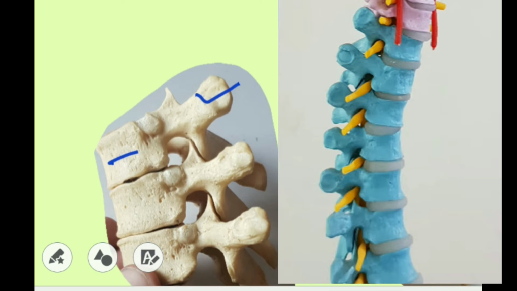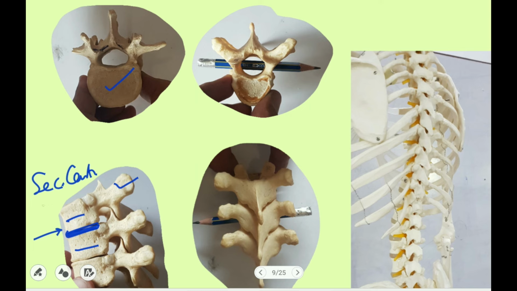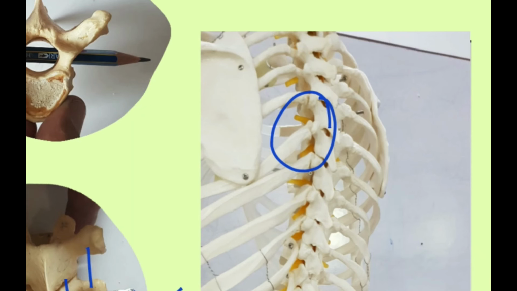Now look at this diagram. This is the body of the vertebra, this is the body of the vertebra. In between is present the intervertebral disc that is made up of the fibrous cartilage. So what will this joint be? This joint is the secondary cartilaginous joint. I have given you the example of primary cartilaginous joint, and I have given you the example of the secondary cartilaginous joint. I already told you that there is ligament between transverse processes, ligament between the laminae, there is ligament between the spines, and this is the example of the fibrous joint, syndesmosis. Look here, between the ribs and the vertebra there is a synovial joint, there is a cavitated joint, that is the diarthrosis.